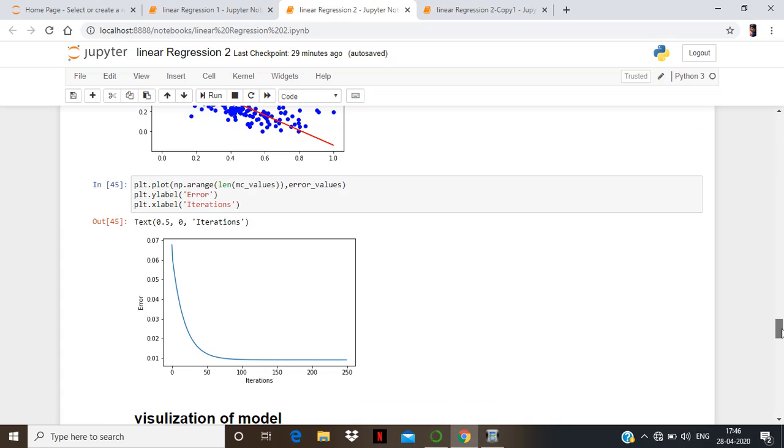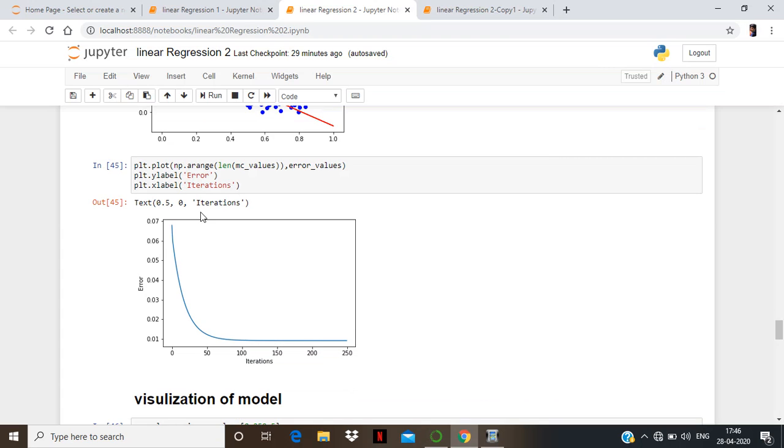And by putting this, we can also find the graph between error and iteration. The value of error is decreasing as the iteration is increasing. Now, this is our visualization of the model.